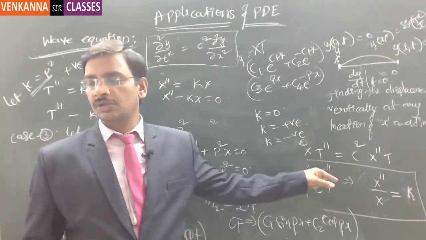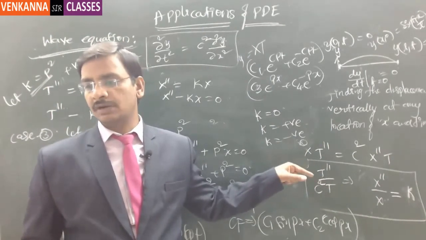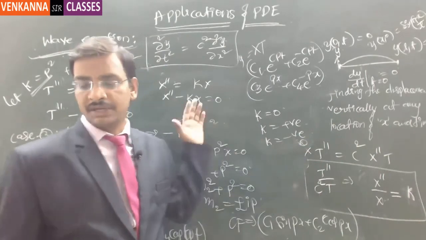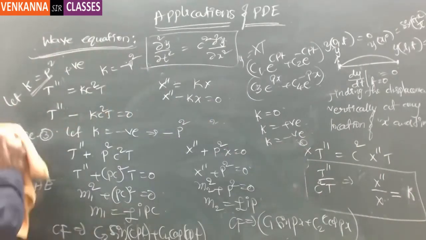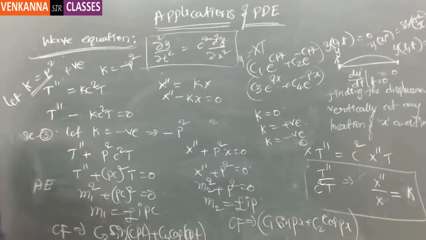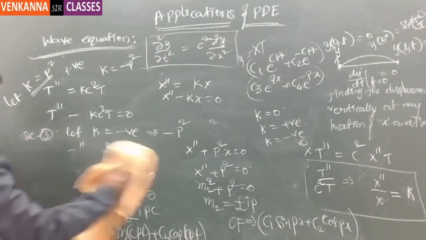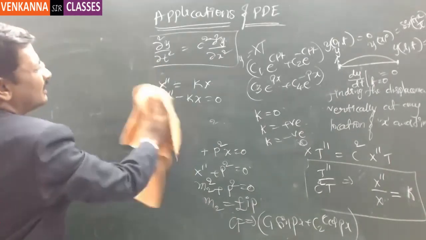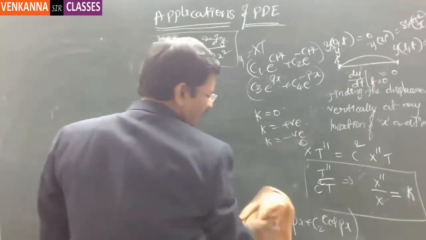So if k is equal to 0, we have got (c1 x plus c2) times (c3 t plus c4). I'll just write down all the 3 different possibilities. So note it down. Now, all the 3 possible equations are